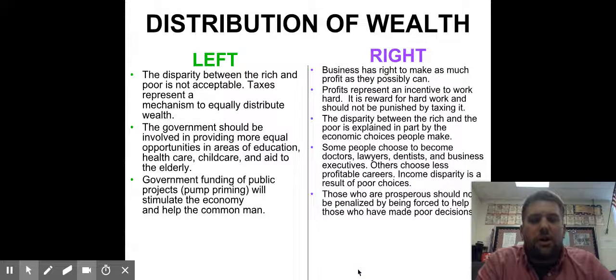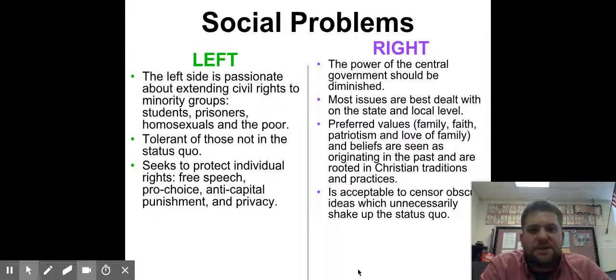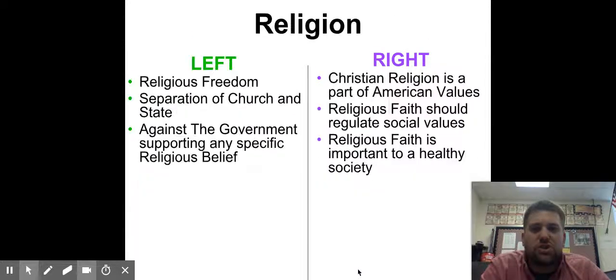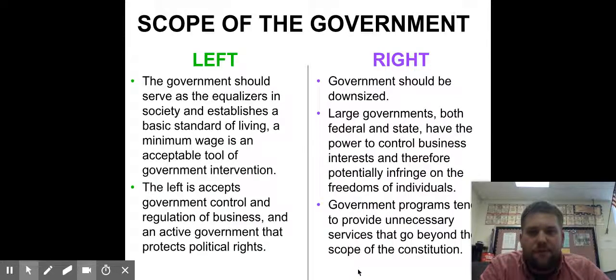In class, we are going to talk about some of these issues more specifically. So we'll talk about distribution of wealth, the economy, business regulation, social problems, taxation, religion, foreign affairs, and scope of government. And we will look into what the left believes and what the right believes. So make sure you've taken some notes as you went along, and we will talk more about these things in class